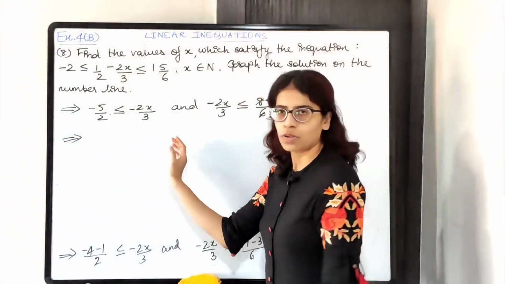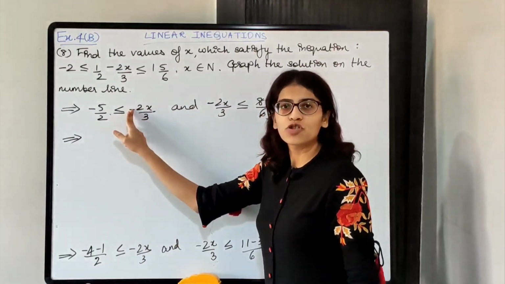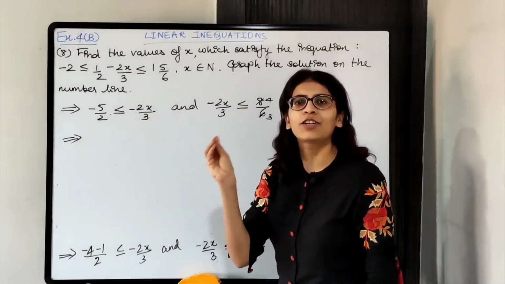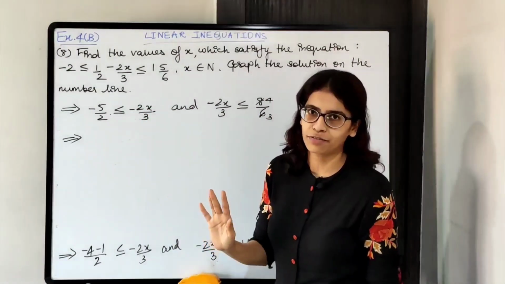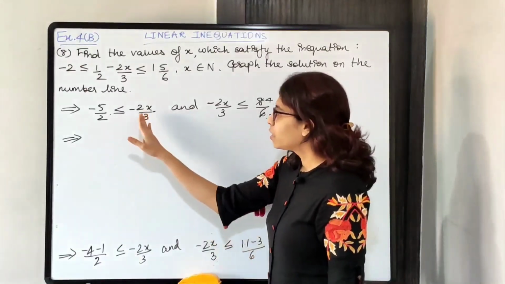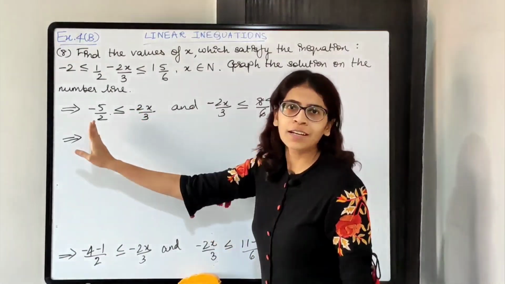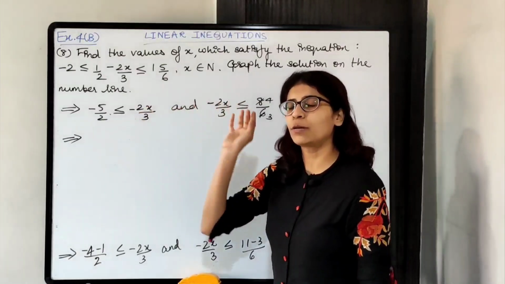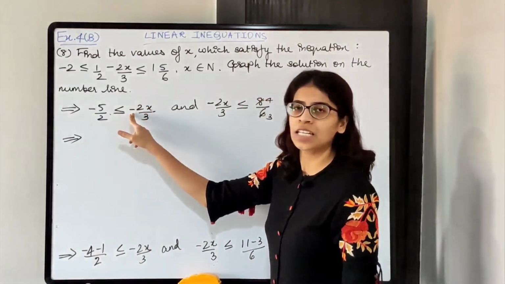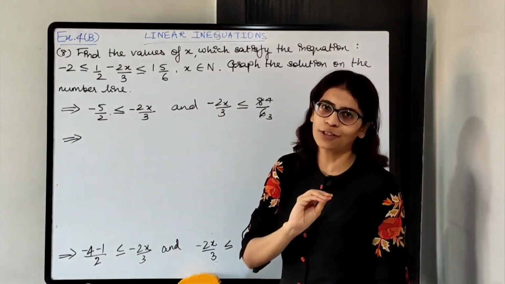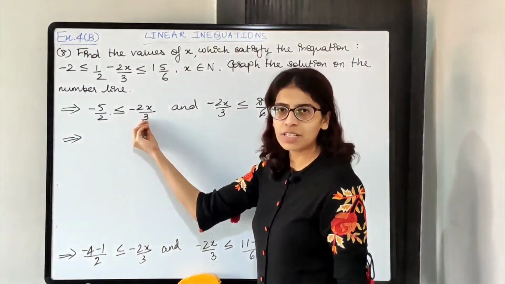Now, x का coefficient is negative. First thing that you have to do is make it positive. Okay, so 2 upon 3 को shift करना है on the other side, reciprocal हो जाएगा, but before that if the sign is negative please make it positive first. Okay, so we'll change the signs.